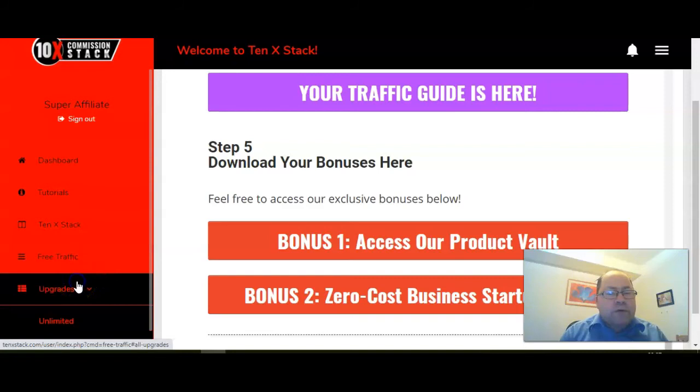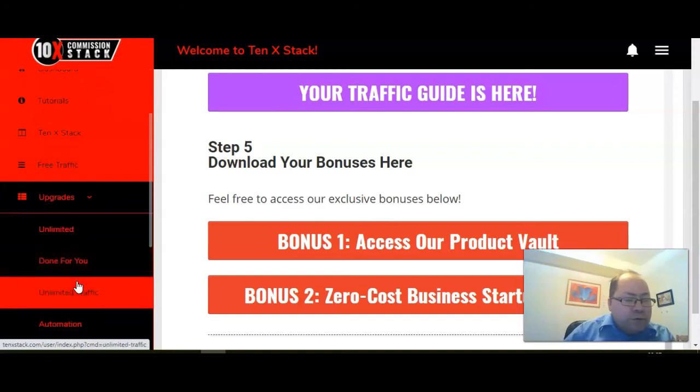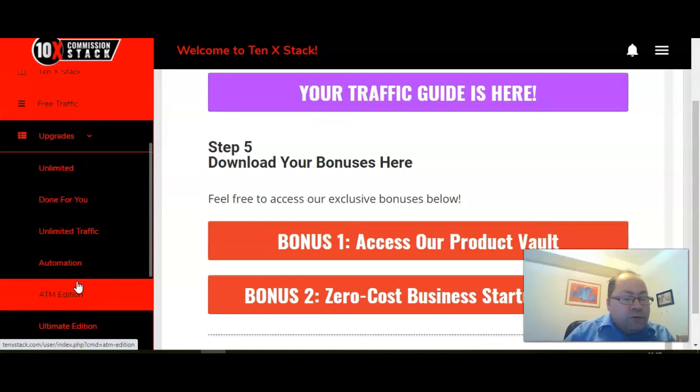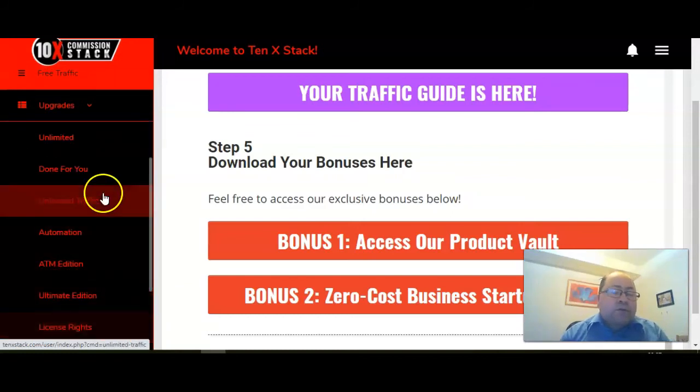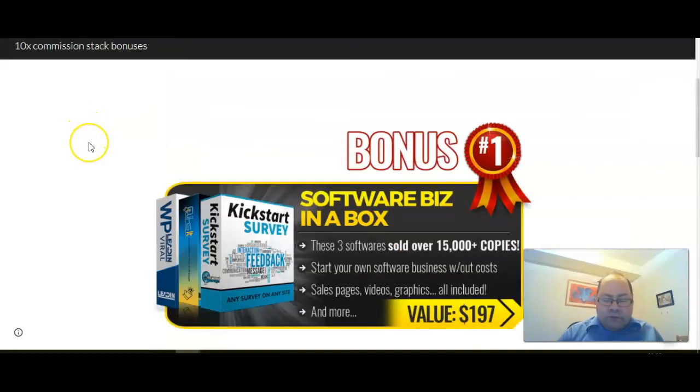Now talking about the upgrades. If you don't have unlimited or done for you unlimited traffic, ATM edition or ultimate edition and so on, then license rights, you can choose to upgrade if you want to. Now I thought we should check out the sales funnel to see where you can save some money with the down sales. First, I thought we should go through the bonuses you get from me from buying the front end